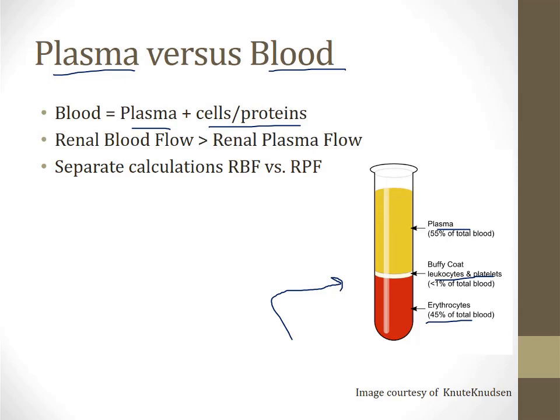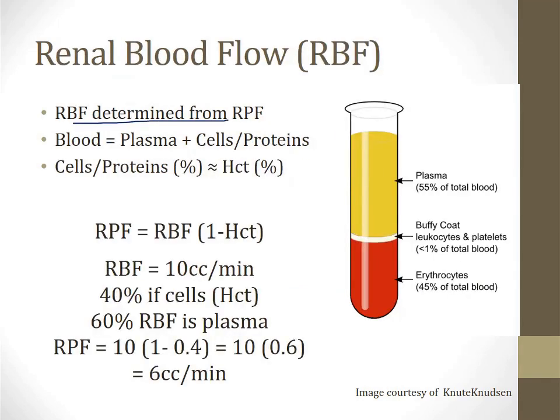For this reason, the renal blood flow is greater than the renal plasma flow, and there are separate calculations to convert a renal plasma flow, like we determined with PAH, into a renal blood flow that includes the flow of the red blood cells. The way that renal blood flow is determined from renal plasma flow is by using the hematocrit. Blood, as I told you on the last slide, is plasma plus cells and proteins, and the percentage of blood that is cells and proteins is roughly equal to the hematocrit. And the hematocrit is an easily